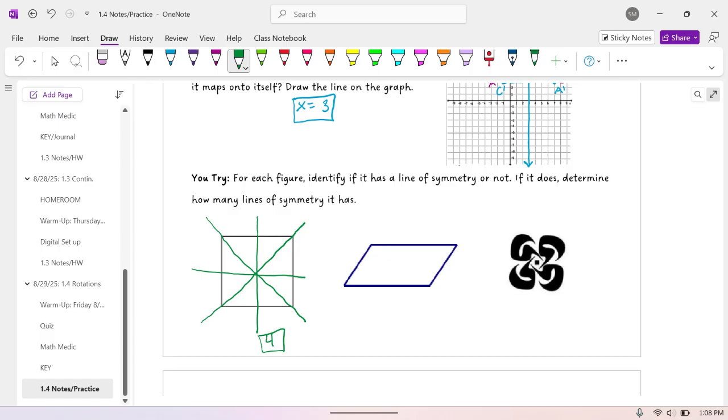Next is the parallelogram. Now, this one is a little tough, so we can test some of them, but it doesn't look like, well, there might be. So, first off, if we just test going straight down, all right, that's obviously not going to give us any kind of symmetry there, so that's out. If we go at an angle, in other words, the line that we cut through is parallel to these 2 lines. So this line is parallel to these 2 lines. That can definitely be a line of symmetry because if we mapped it or flipped it over,